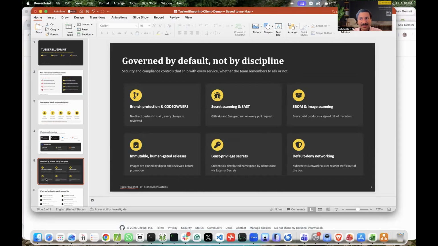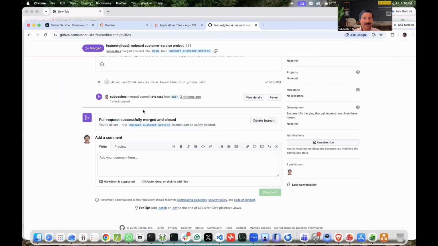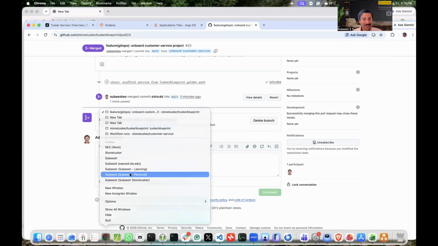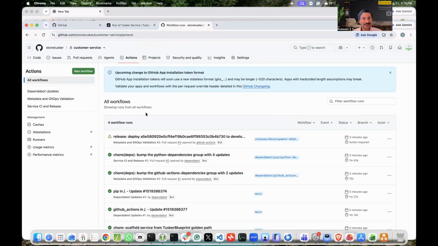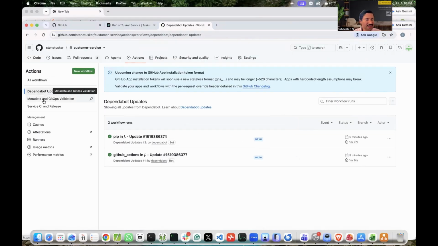And here you can see some of the inbuilt checks happening. These are all configured inside the template, and you can find all these jobs actually executing and doing these security checks. Dependabot is a default one in GitHub, which will look for dependency changes. If there is any new dependency to be updated, it will pop up that,